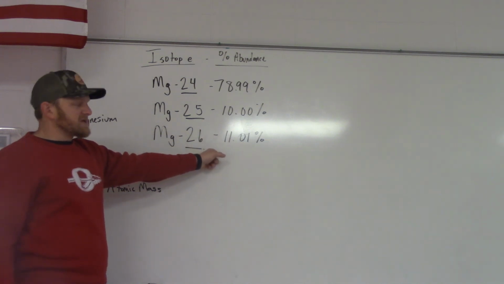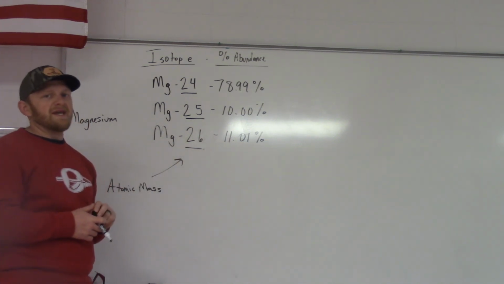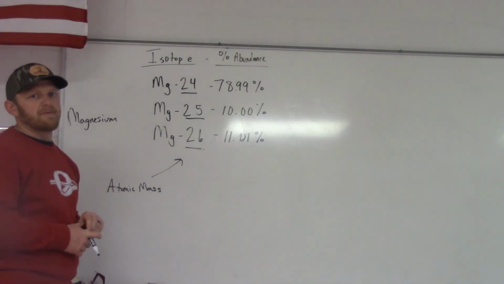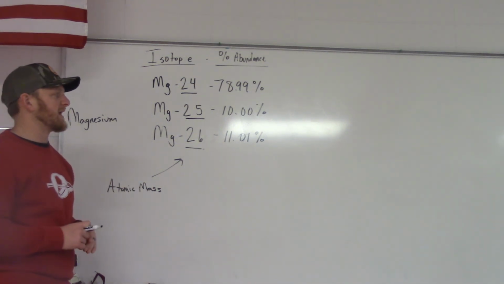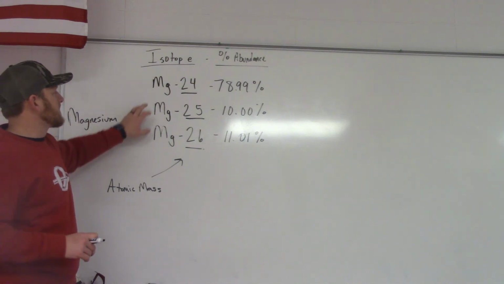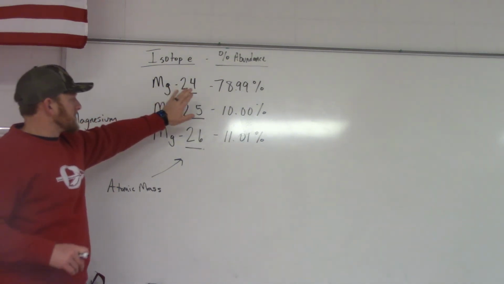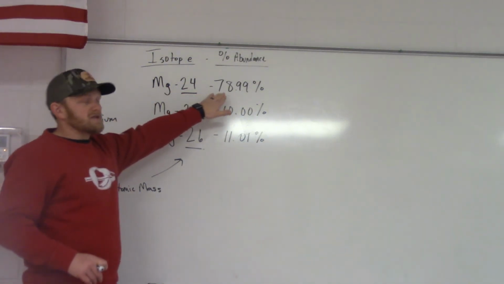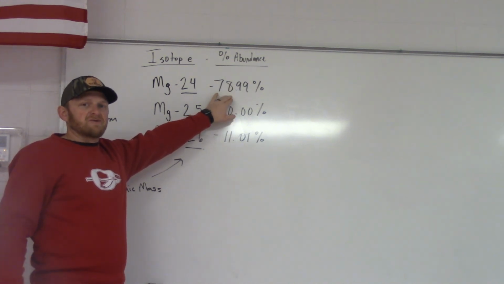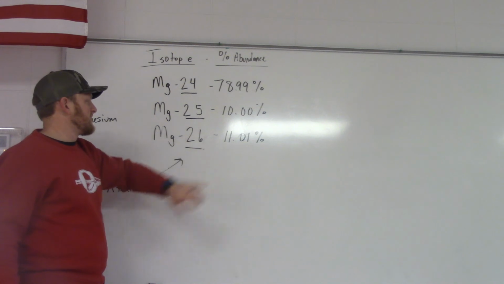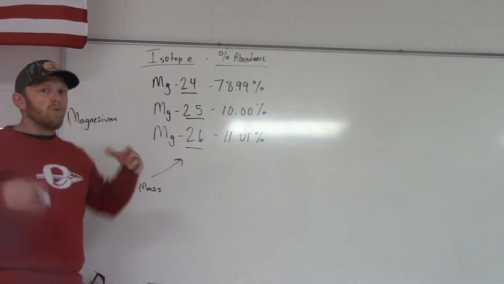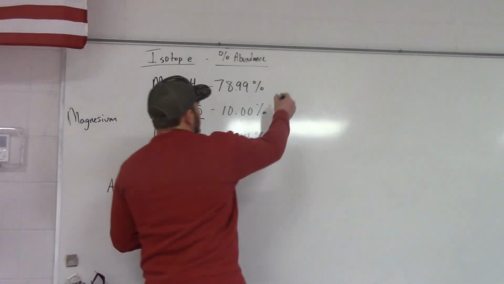So if these are its percentages, we've got what we need. All we have to do to be able to solve these type of problems, and you'll be able to log on to Zoom if you run across a problem and how to do these, is take the magnesium, which remember, this is its atomic mass. This is the percent of atomic mass that we find naturally occurring on Earth. But we find 10% of it to be magnesium-25, 11% to be magnesium-26. What is its average atomic mass? Take the percentages